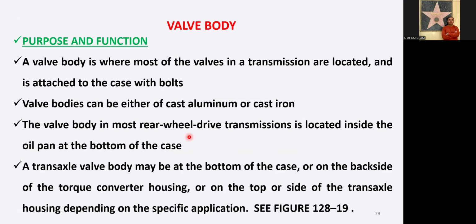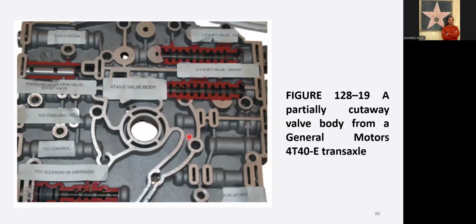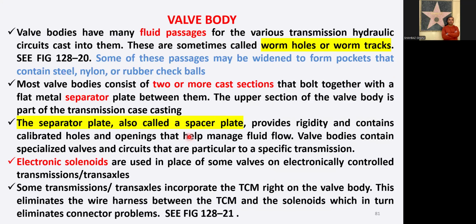Then in the next part, we studied the valve body in which different valves are located. This is the valve body, and there are different types of fluid passages. Various transmission holes are cast into them, sometimes called wormholes. Every valve body has different wormholes or valves which are operated by fluid hydraulic pressure, and then